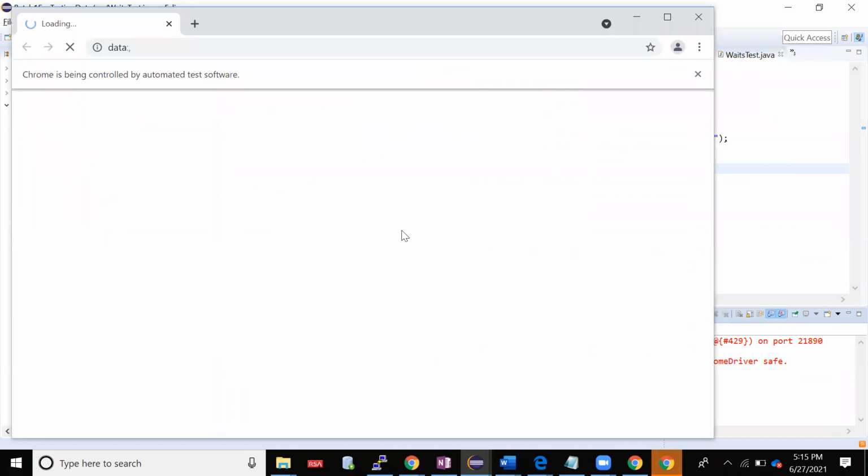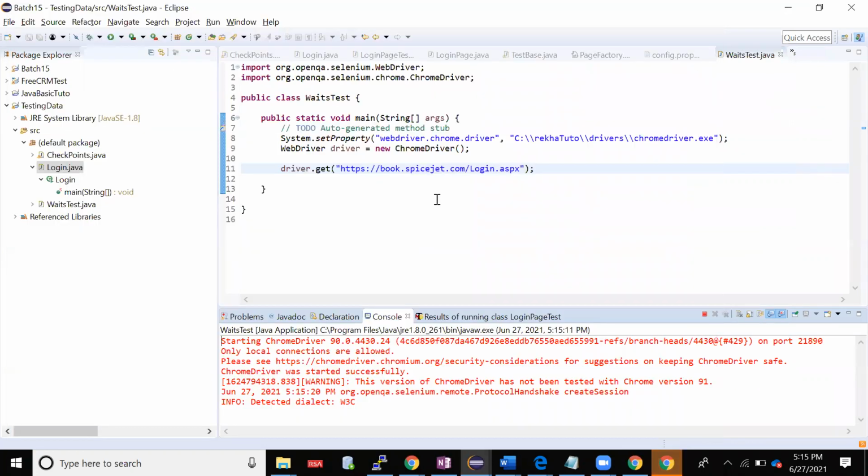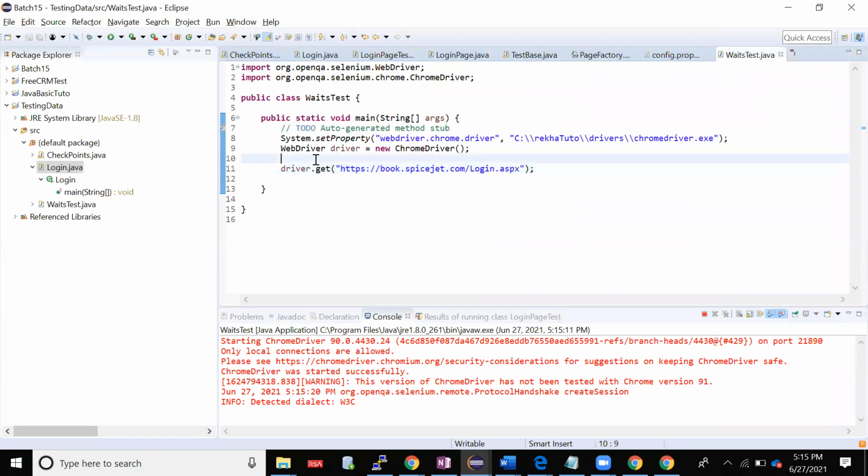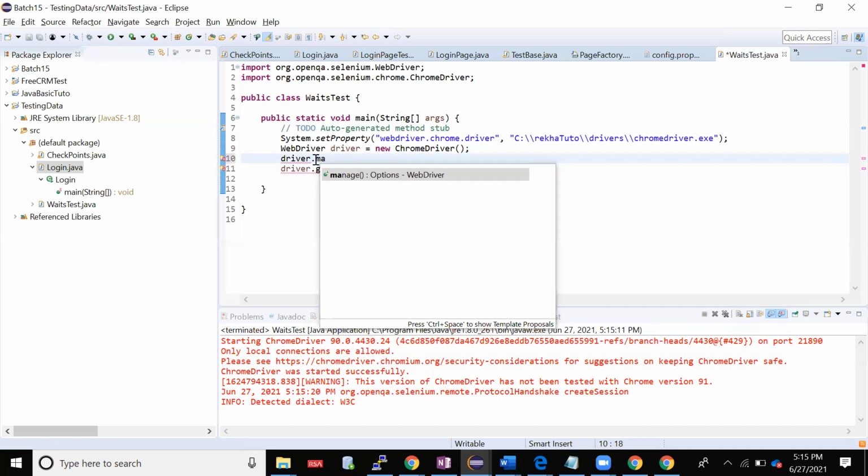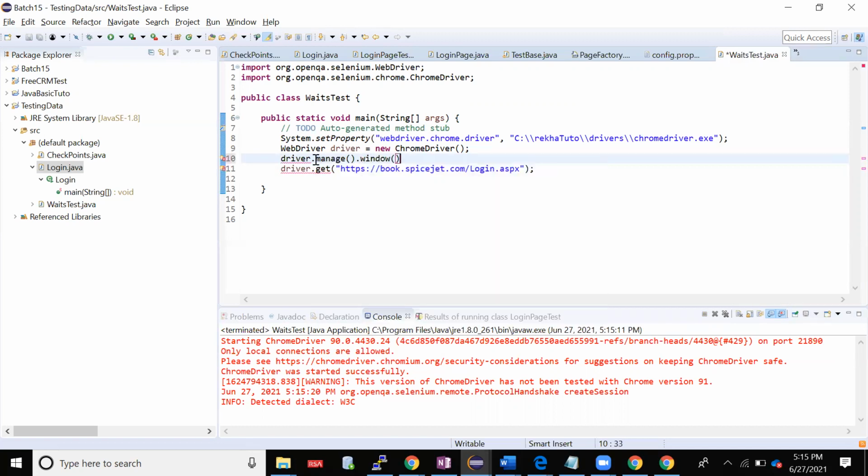it is launching a browser, but see, I'm not liking the way it is doing. It is not maximizing, it is like showing only half of the things, right? So I'm not liking that. I want to maximize that to the full screen. driver.manage().window().maximize(). If I write this line, it will maximize.